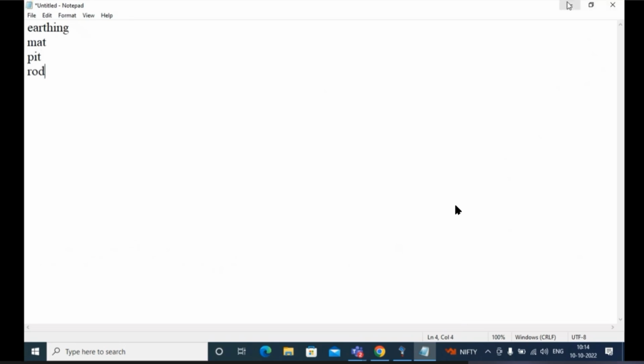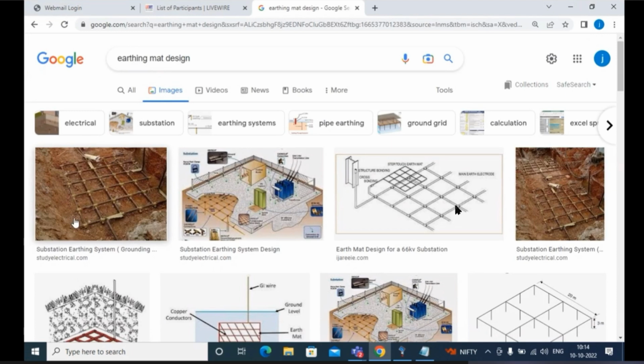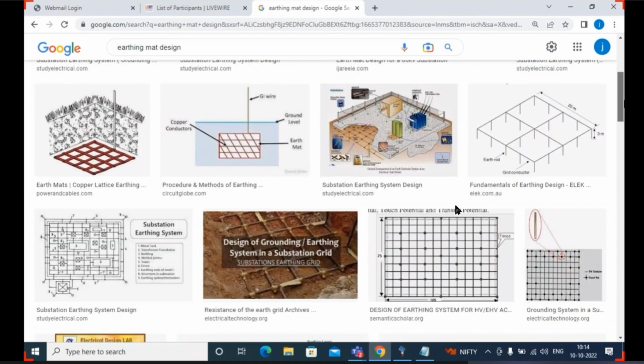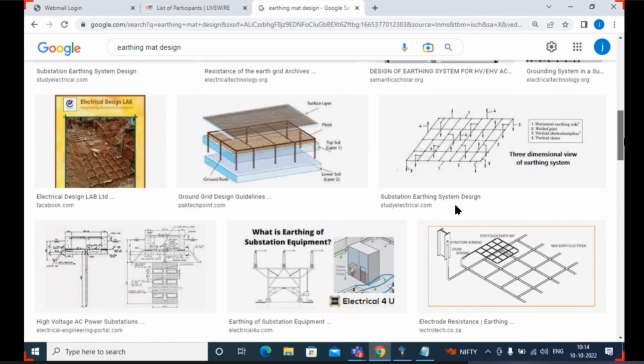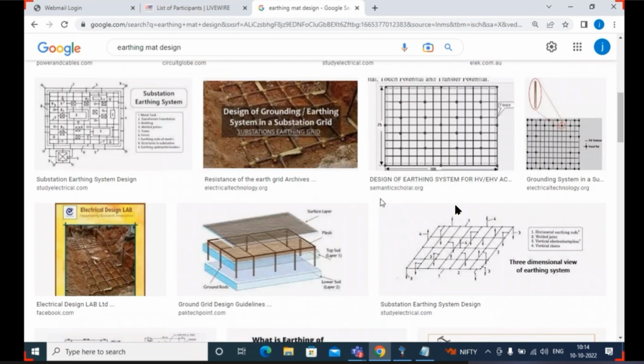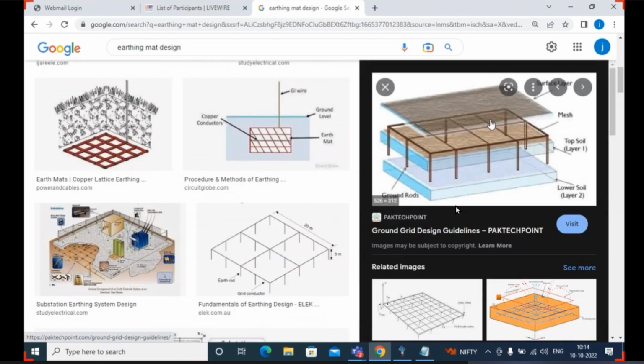Okay. Mat, can you see here? This is one of the copper conductors. This is a mat type. Here I am using a number of rows and columns, and we need to assign that in the mat type. Based on the fault current, you need to assign how many rows and columns we are going to use. Apart from the mat, at the bottom of the mat you have one more copper conductor, that is rods. Those are ground rods, which come under the rod type.